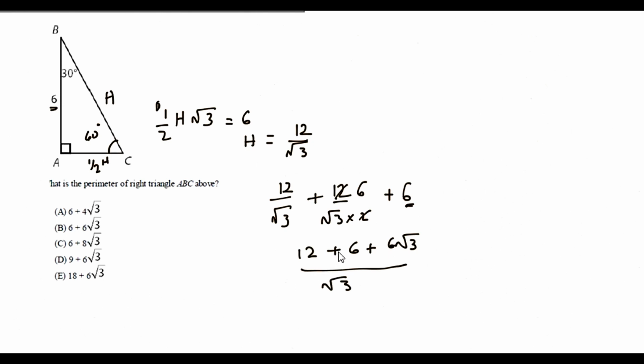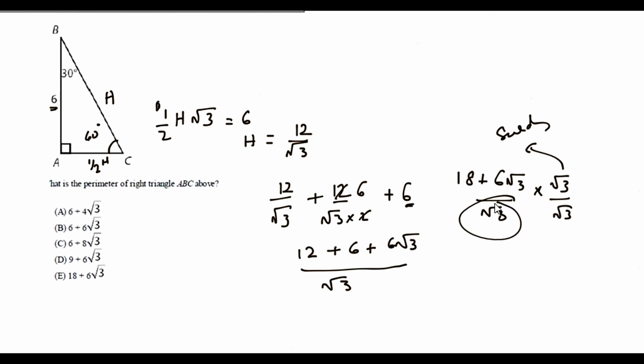Okay, so this is the answer that is coming, and if I write, it becomes 18 plus 6 root 3 over root 3, and if I multiply the whole expression by root 3, and you know this is the basic thing in surd form, right? Because we don't want to leave the answer in the form of a root. So it becomes 18 root 3 plus 6 root 3 cancel, it becomes 3